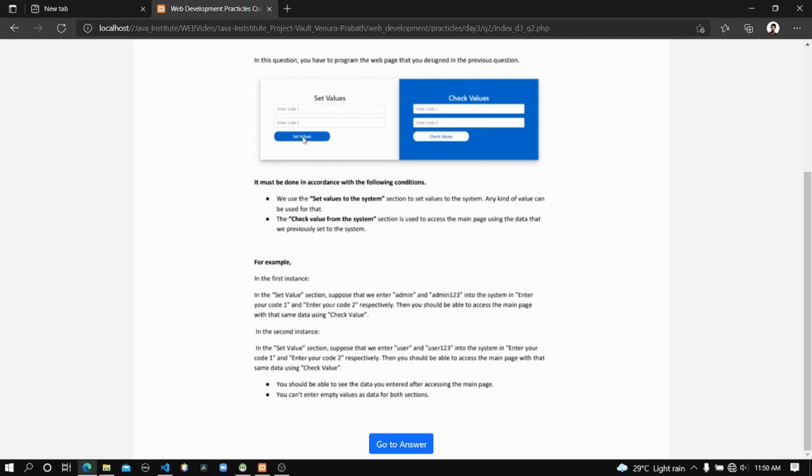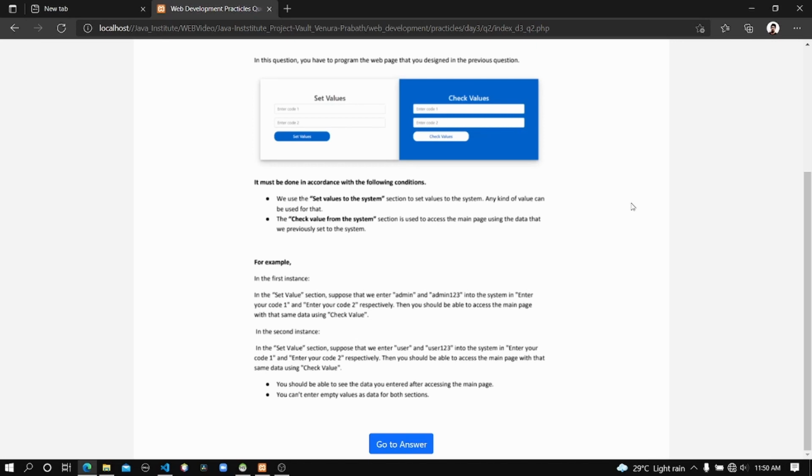That means we can store those values in a database, and after that if you enter the same values into the input fields in the check values section, which is the blue color area, and then press the check value button, the user can access the main page.